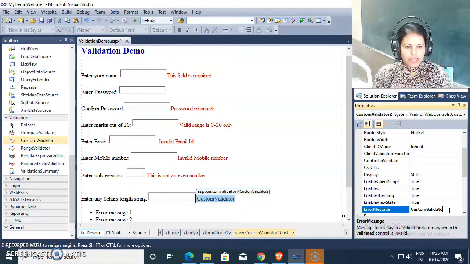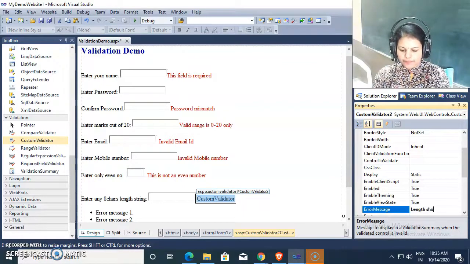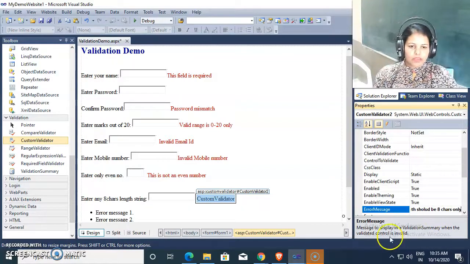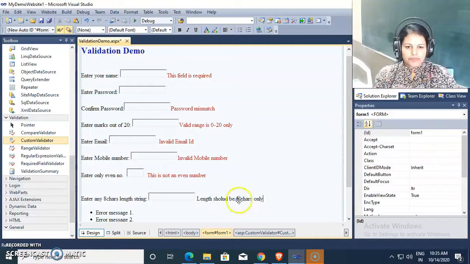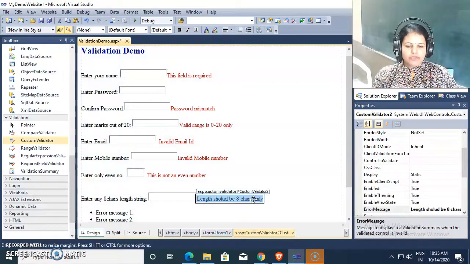Now my error message is: length should be 8 characters only. If it is not an 8-character-length string, then we will display the error message.